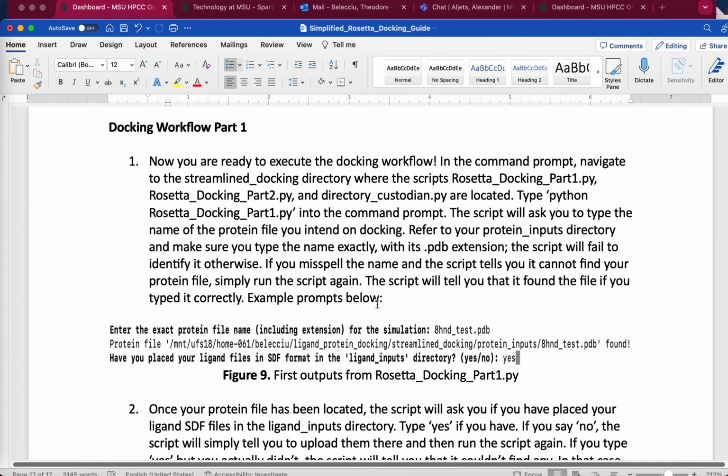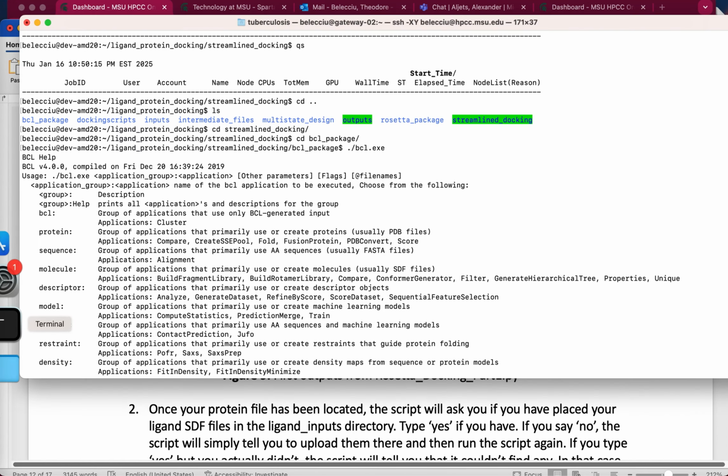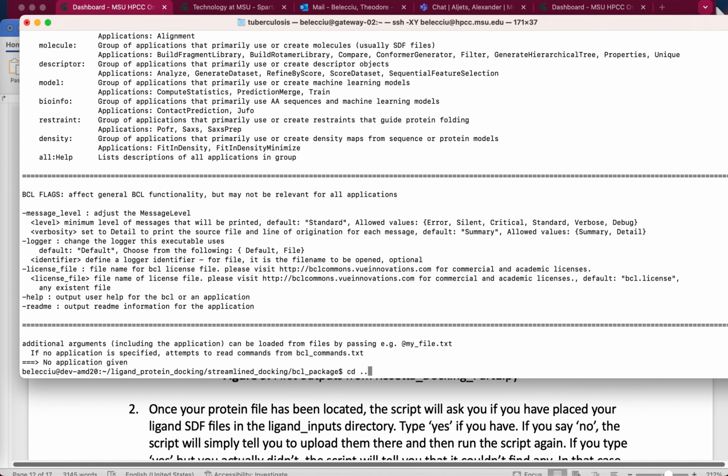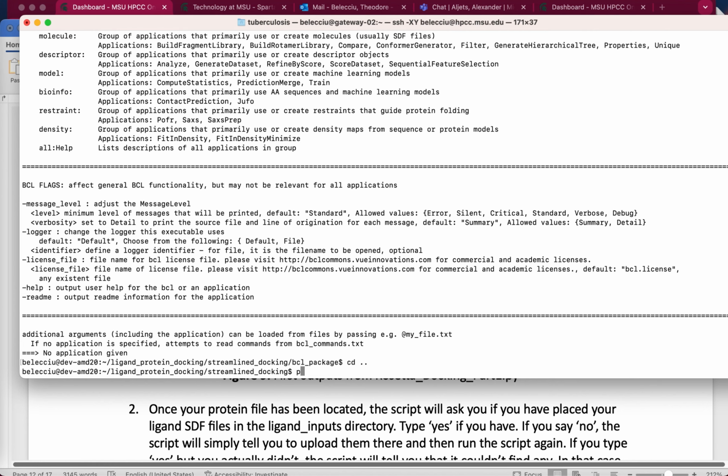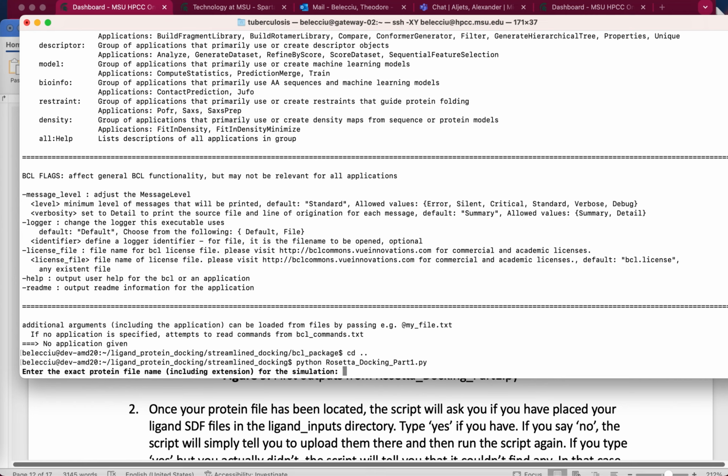You put the ligand files in ligand inputs, you put the protein file in protein inputs, and you're ready to run the script, namely Rosetta docking part 1.py. So what you're going to do is you're going to go into the Streamlined Docking directory, and you're going to type python part 1. And it's going to ask you for the exact protein file name that you want docked. So make sure you type it exactly as it is, and you include the extension, otherwise it will not find it. So in this case,